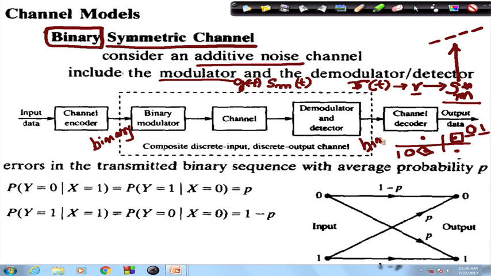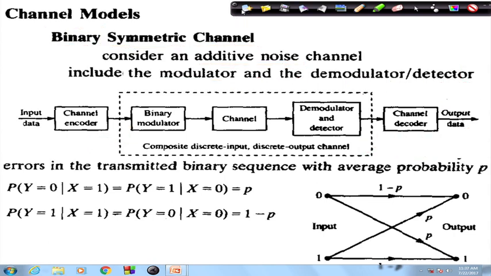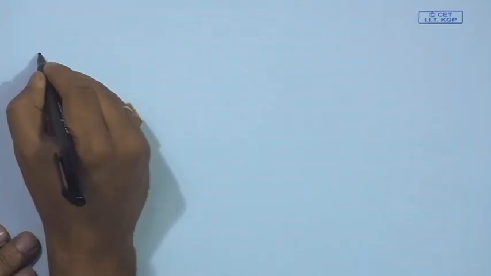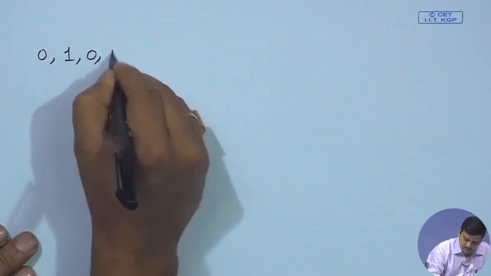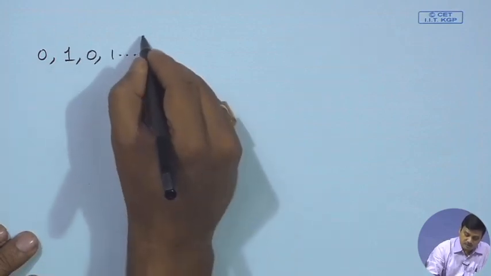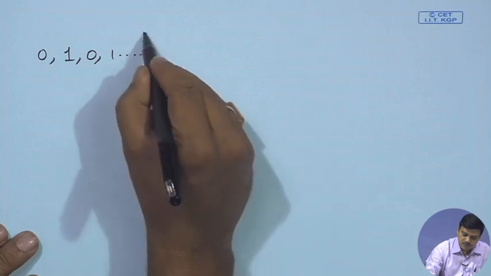So, we are at the binary interface, right. When we are at the binary interface, what we have is a bit sequence. So, we will use this, zeros and ones, goes into the symbol mapper. So, we construct the channel out of that,